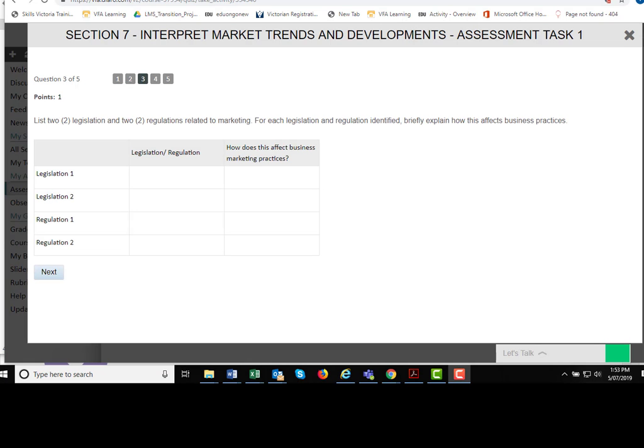For question 3, we need to look at legislation and regulation and how these affect business and marketing practices. For this section, the information can be gathered from your LMS or from the manual provided. It'll be found in the knowledge evidence component. So you need to go to that knowledge evidence component and it'll provide information on different types of legislation and